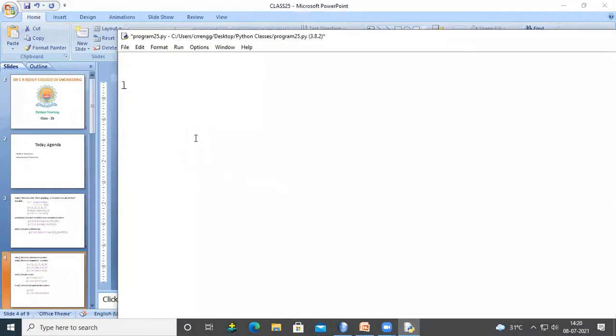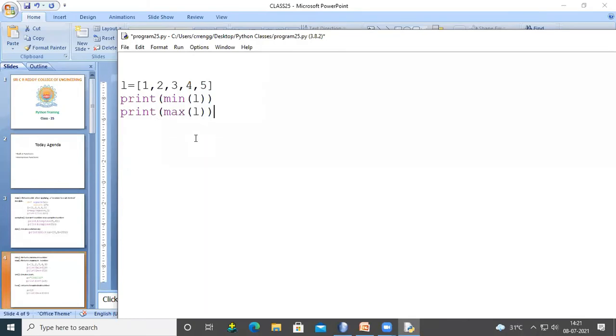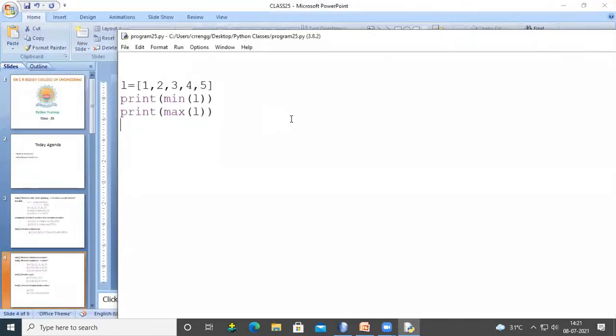We are going to take one list, 1, 2, 3, 4, 5. If I print min of L, similarly print max of L. So which function are we going to use to find the minimum number in the list? Similarly, max we use to print the maximum number in the list. So next function,